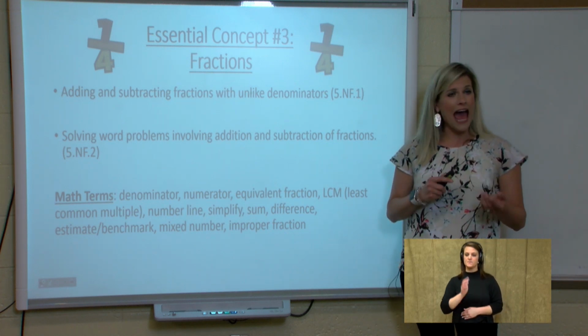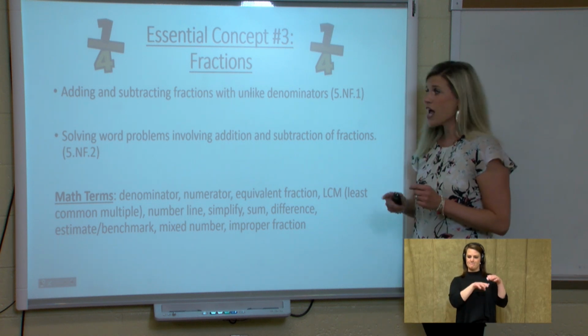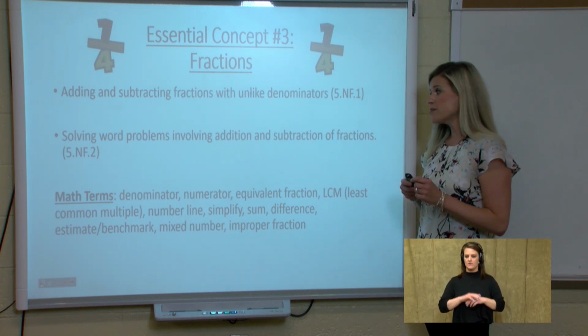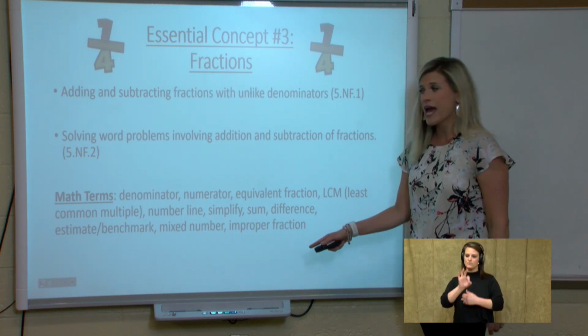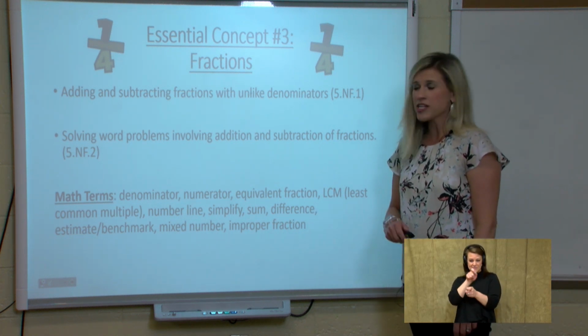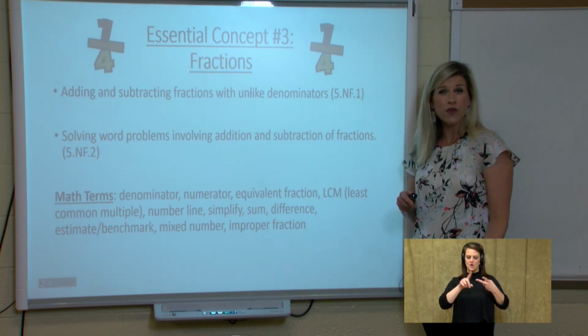So let's remember, our essential concept number 3 is fractions. Today we're going to look at adding and subtracting fractions with unlike denominators and solving word problems involving adding and subtracting fractions. Remember, we have some specific math terms to look at: denominator, numerator, equivalent fraction,